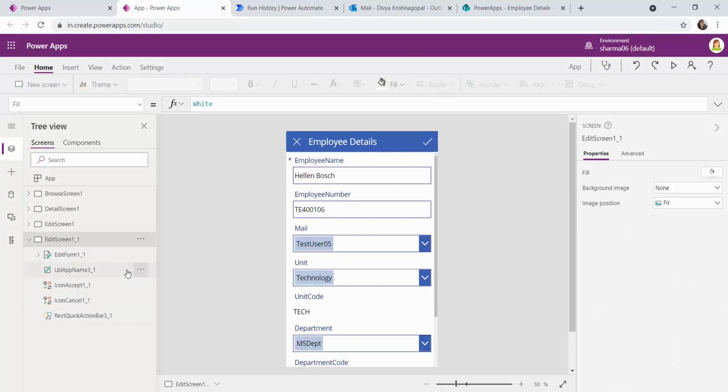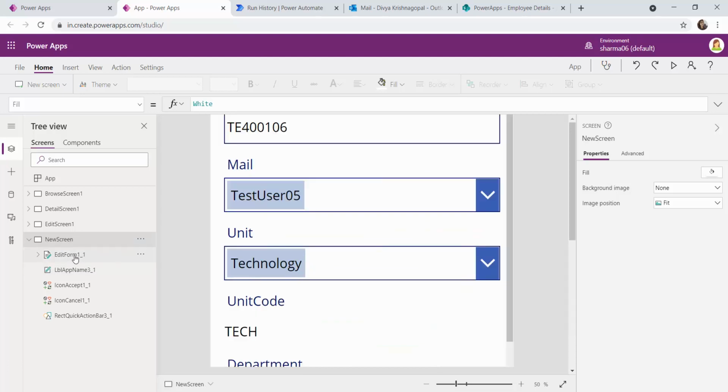So let me rename the screen name. I will call it new screen, and with the edit form, I'll call it edit new form. I will leave the rest as is.